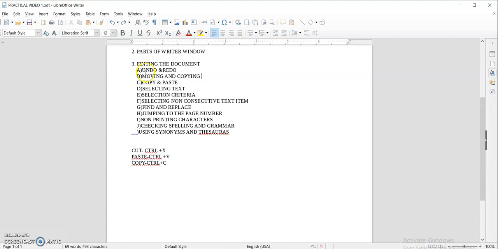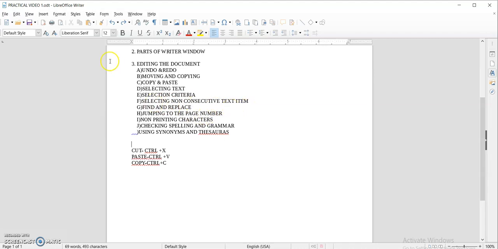If you want to select, like, undo, and again you want to select non-consecutive items, then printing, then synonyms, how can you select the non-consecutive items? Just click on the Control key and then you can select the text that you want to select. You will not move your finger from the Control key. This is the way how you can select non-consecutive text items.